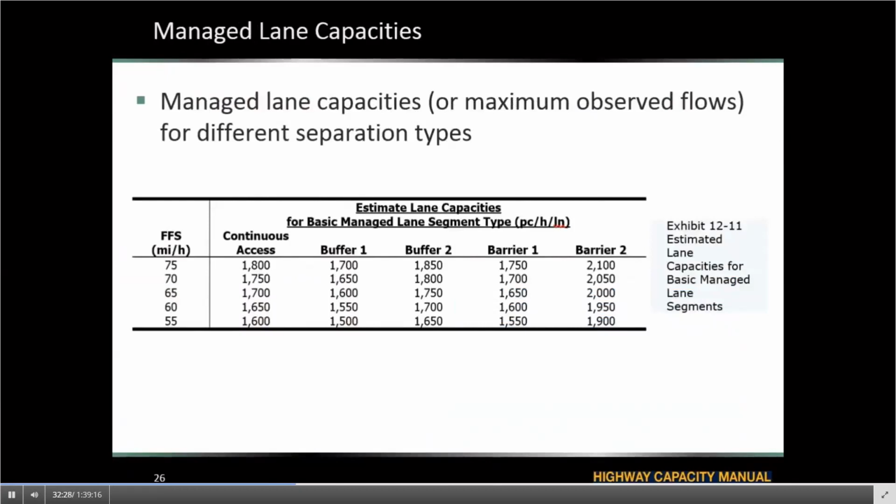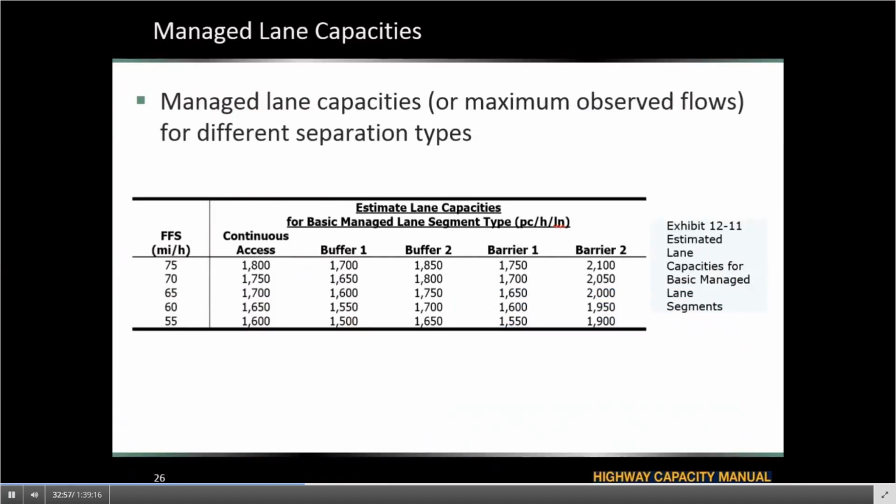But I have to note that we are using this capacity term a little bit loosely, because managed lanes like HOV lanes or hot lanes are not meant to operate in an oversaturated mode mostly. And as such, NCHRP 396, at the time that it was collecting data to characterize the speed flow model as well as capacity, at some point didn't observe the congestion.